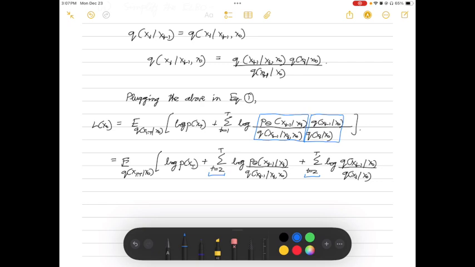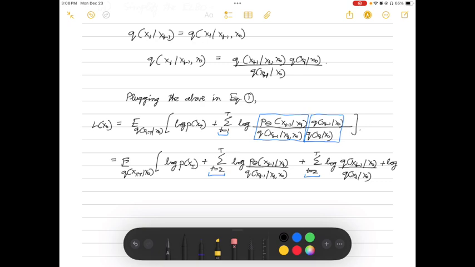Now, but the job is not done, because if you look very carefully, the time steps in the previous equation start from t equals 1. But here we have time steps from t equals 2 in the second equation. So we need to account for the first time step. And this can be done. This is pretty straightforward, because